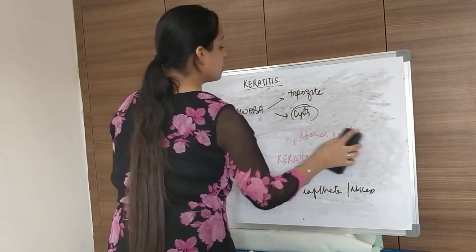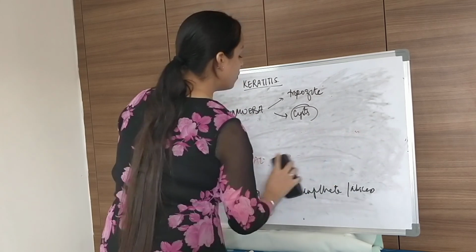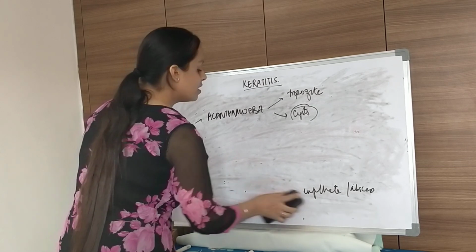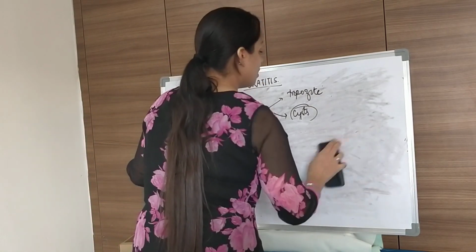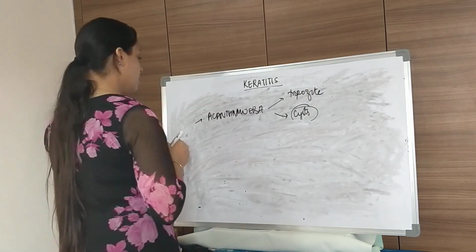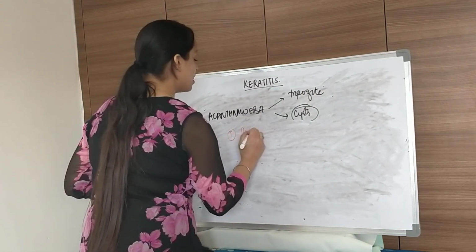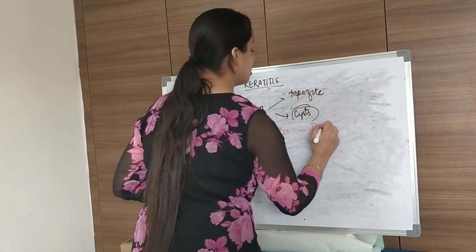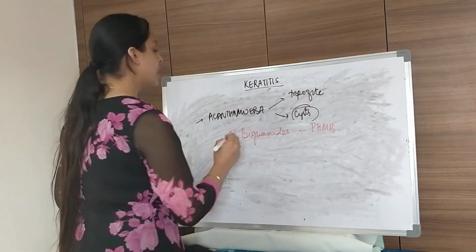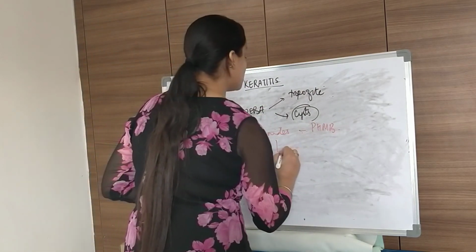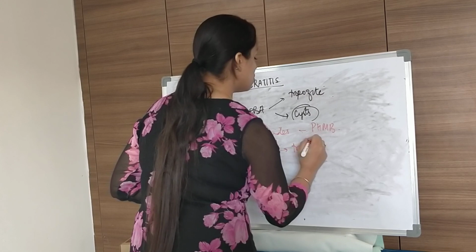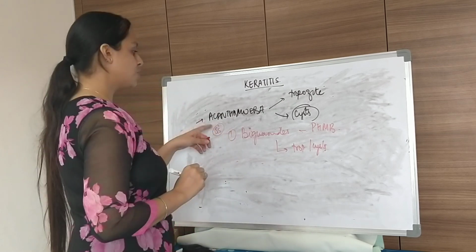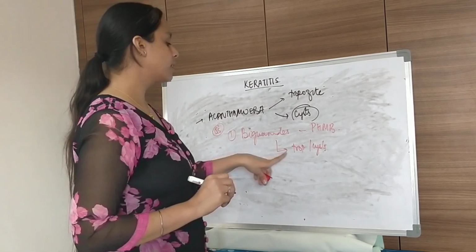So how do you treat? Treatment is again the same way we treat most keratitis. The specific treatment is the drugs which act against Acanthamoeba. So what are those drugs? The first one is biguanides. One example is PHMB. You have to give this biguanide. This biguanide is a good drug because it acts against trophozoites and also cysts. So this is one question: it is the only drug used in treatment of Acanthamoeba which acts against both trophozoites